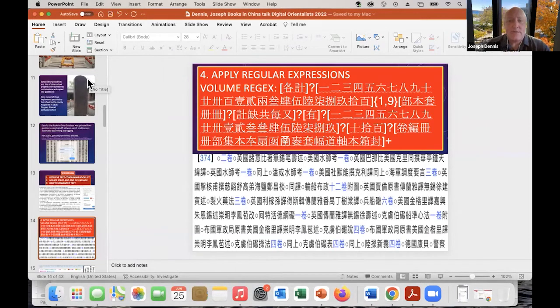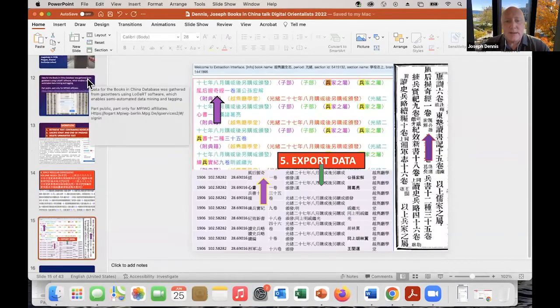So I identified all the book titles and then tag them with associated information. So in this one, you see an original on the right, and then you see in the upper left, in pink, there's book titles, and then volumes, authors, donors, other information associated with the books. And then that's exported.